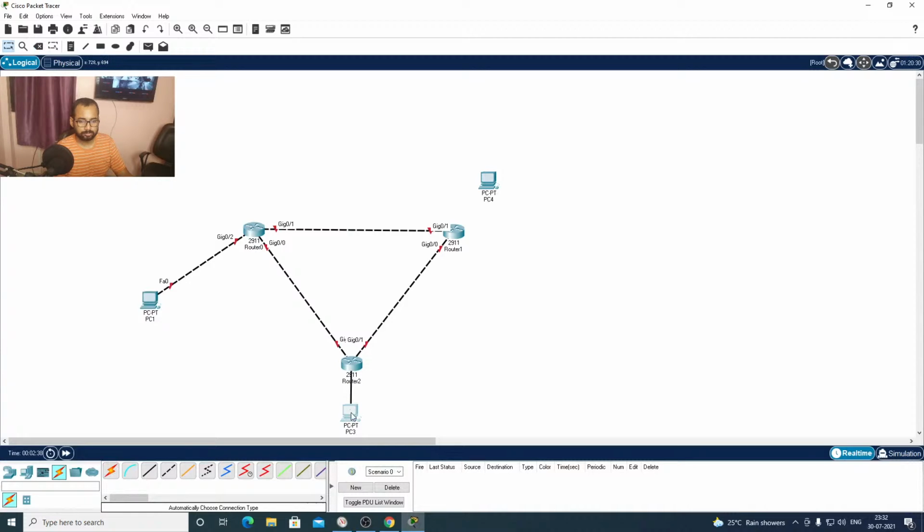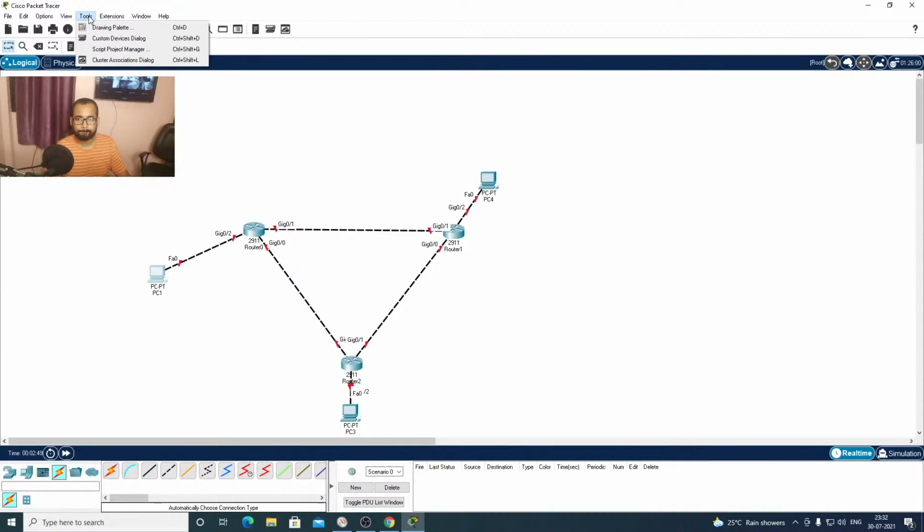Finally, we'll attach. Now we'll create three networks of /30.